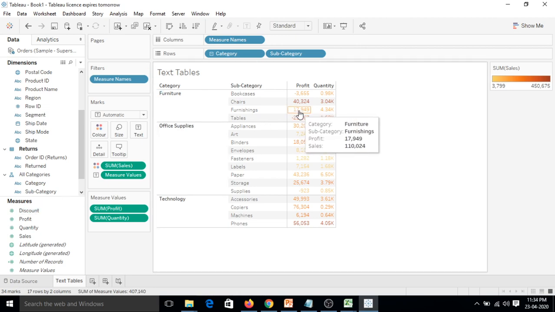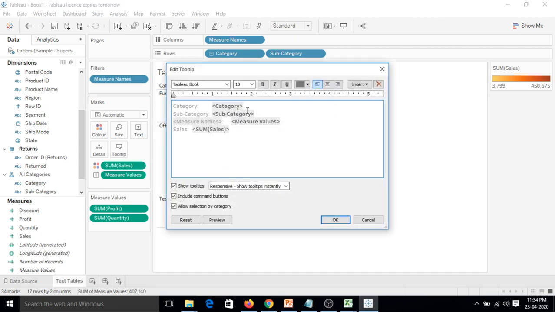You can edit tooltips anytime by going into this Tooltip option, click on it, and you can add any custom text like: below are the parameters selected. That's sufficient.